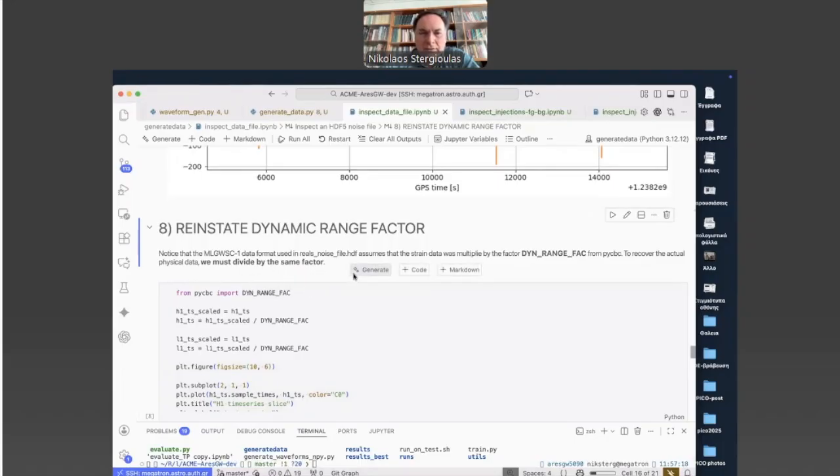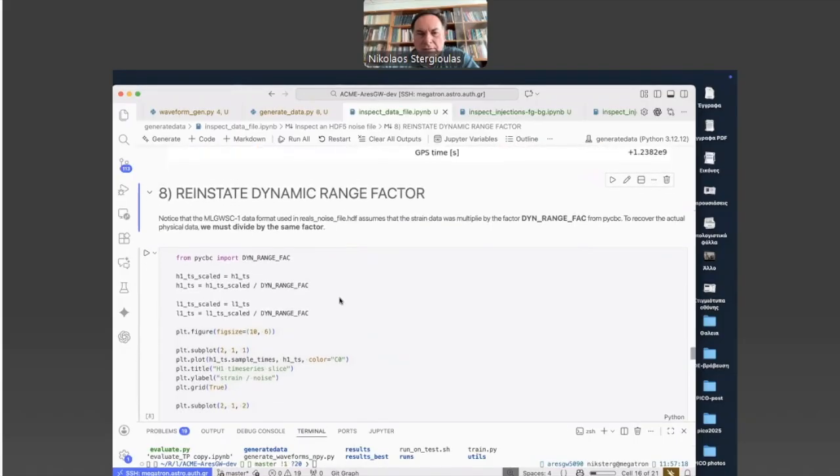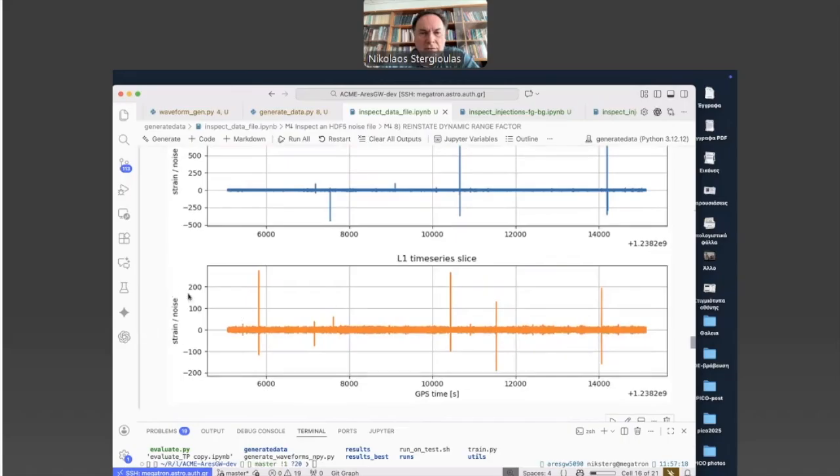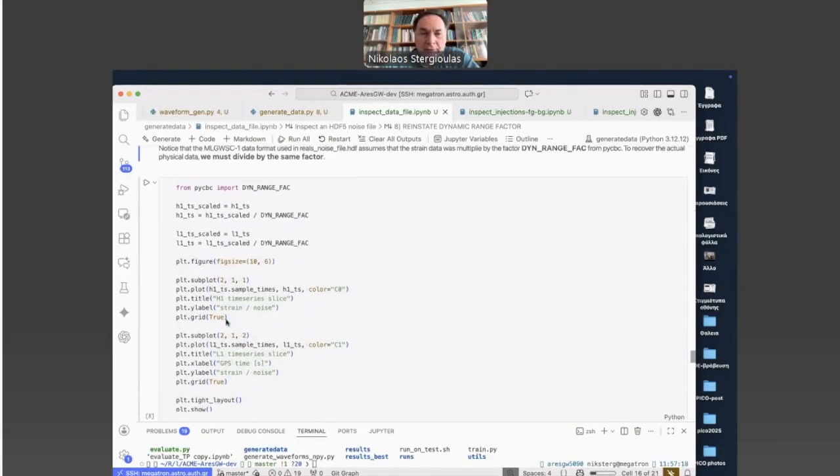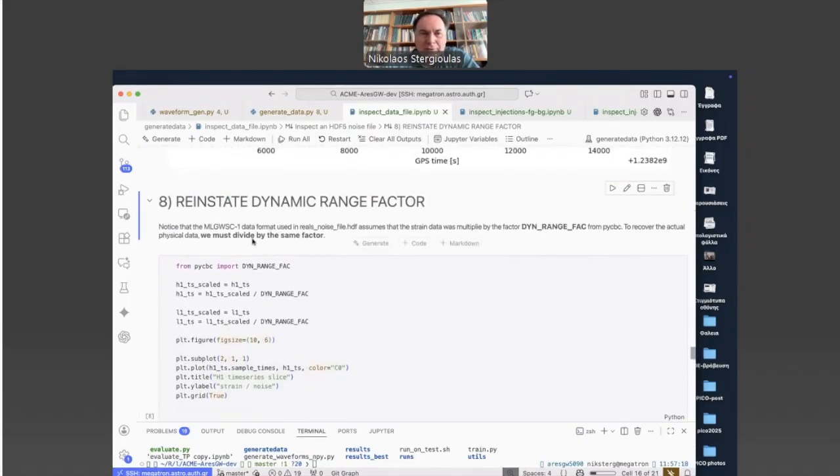The reason this is done is to avoid storing numbers of order 10 to the minus 20. By multiplying everything by this dynamic range factor, you store numbers that are within one or two orders of magnitude from unity. But when you want to work with this data, you need to revert.